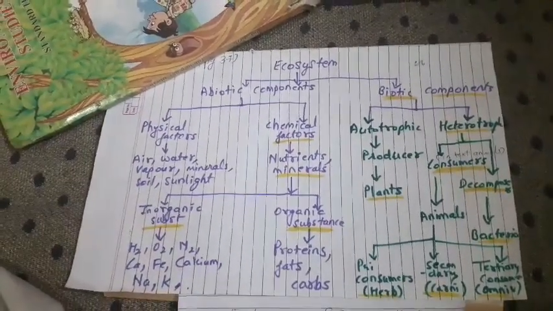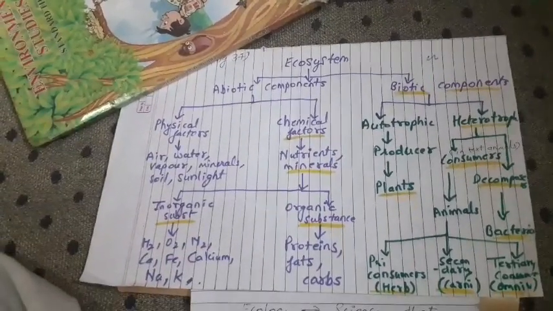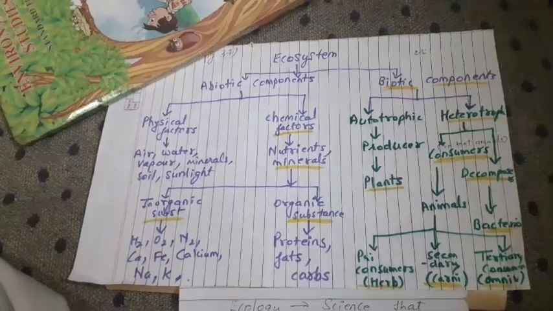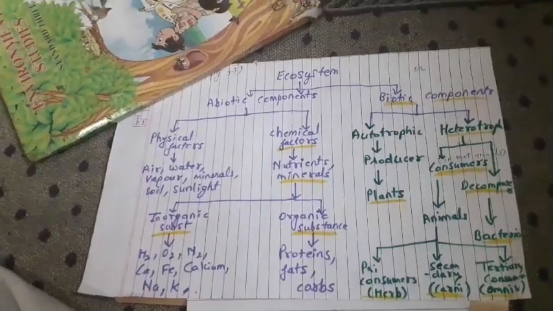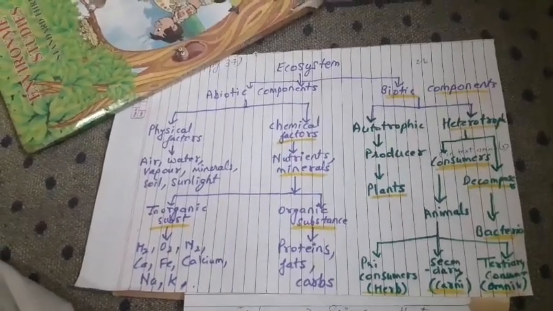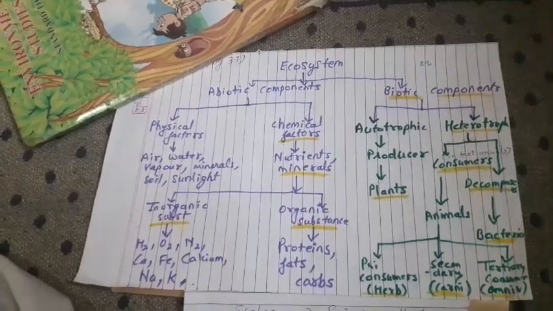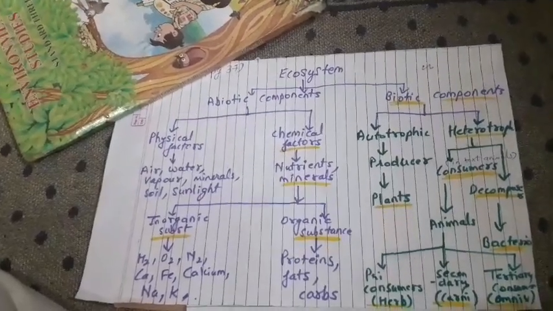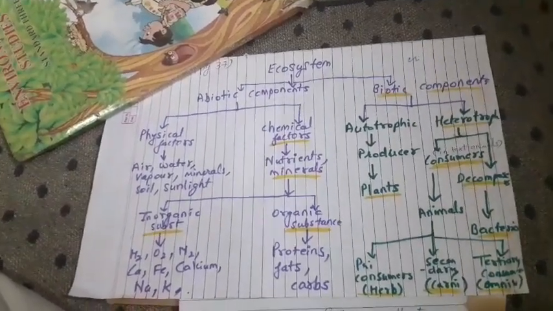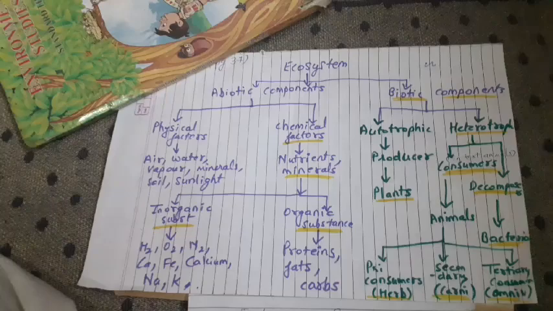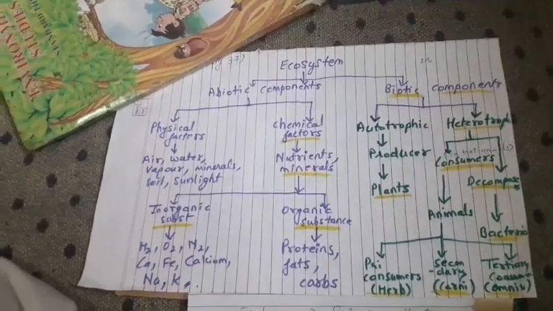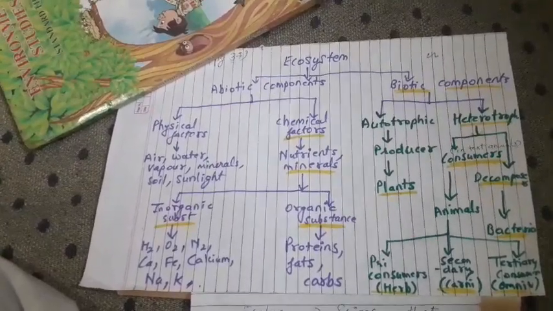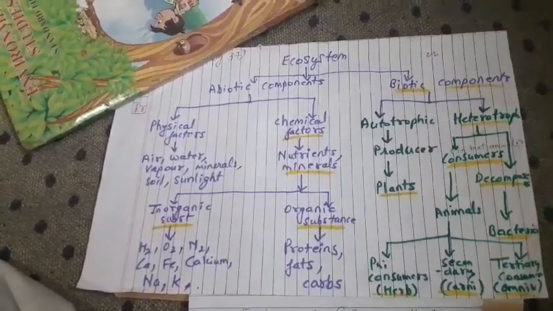Now this flow chart that you are seeing in the video is already given in your textbook on page number 37. It is in the form of fill in the blanks, where they have given some things and some things you have to fill in. So I have done it for you all. I told you in the first video that whether it is environment or ecosystem, both are made up of common parts, and those common parts are their components, biotic and abiotic components. You can see it in the flow chart.